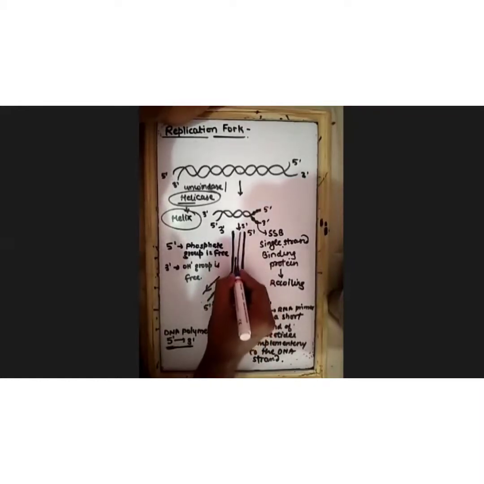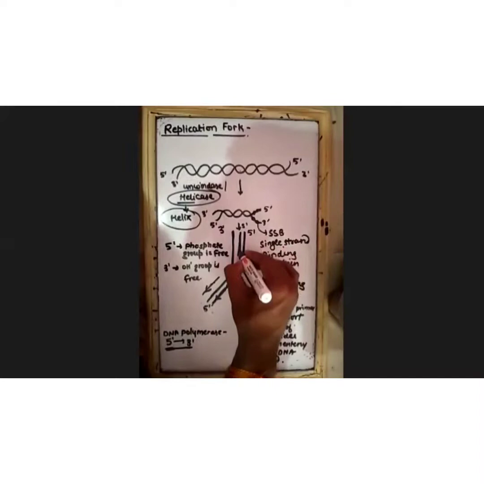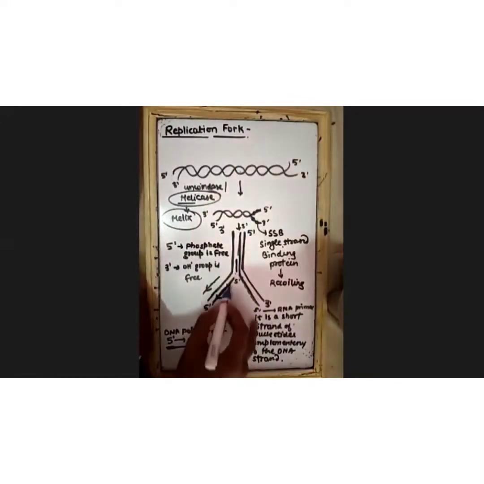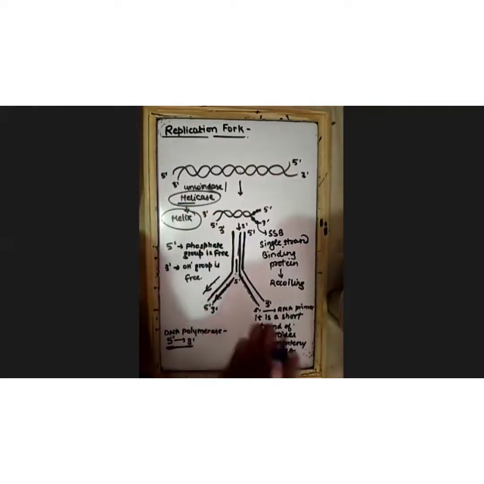It will elongate the DNA. Sorry. This is our DNA. Now we will need a new primer here to elongate the DNA, because this primer is polymerizing the reaction in this side and it will end here. Now to polymerize this remaining strand of the DNA, we need a new primer.